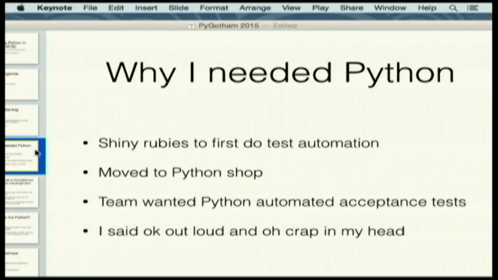Then when I moved to a Python shop, I said, listen, I've built this in Ruby. I've never built a full suite in Python. And they said, well, you can build it in Ruby, but we prefer if you built it in Python. And after 2 weeks of thinking about it, I thought, you know what, Jessica, you can do it in Ruby and be all by yourself, the only person in the room who can do Ruby. Or you can choose Python, which you're already interested in, and there are 15 people who you can go to for help and who can give you way more advanced techniques, such as